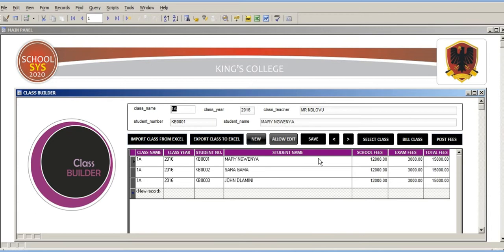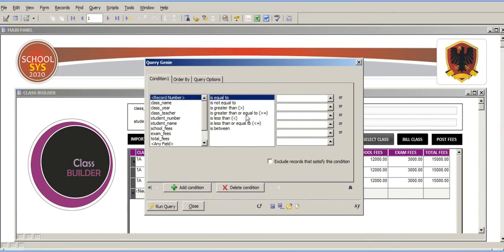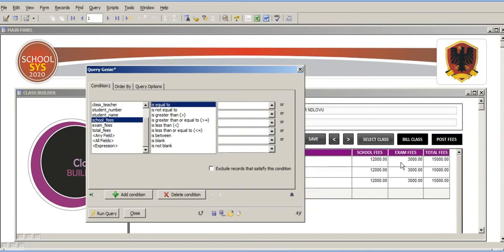And once that class has been imported, you can save that class, and then in order to build a class together, for example, you can select the class. So for example, if I select 1A and I select this class, I can now carry out certain operations with them. For example, I can change the school fees to a particular amount. So for example, here we have the school fees as 12,000, but if I want to convert it to 15,000, for example,